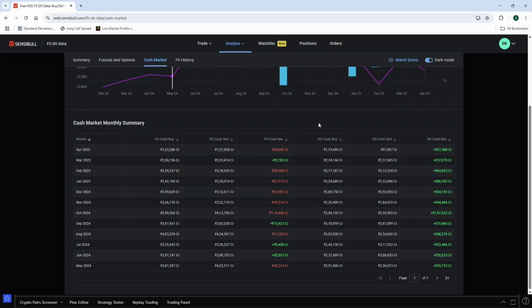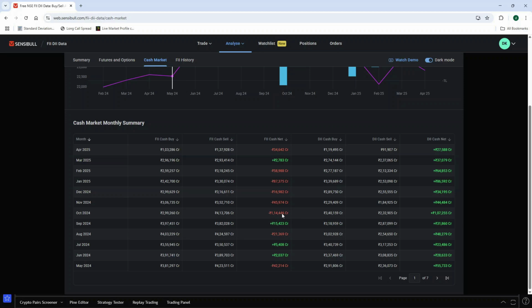Because the market itself is at the peak, we have seen some kind of dip. But this divergence indicates there is a strong bullish sentiment among DIIs. So at some point, if there is going to be a correction, it's a very good idea to accumulate. These FIIs might be selling only in sector-specific stocks, and they will be accumulating in some other stocks where there might be good growth potential. This is one thing, guys. If you see a significant correction and FIIs are selling, DIIs are accumulating, look at liquidity areas,